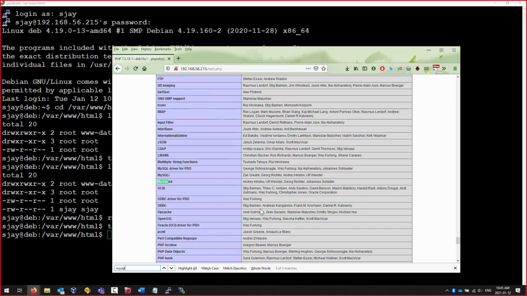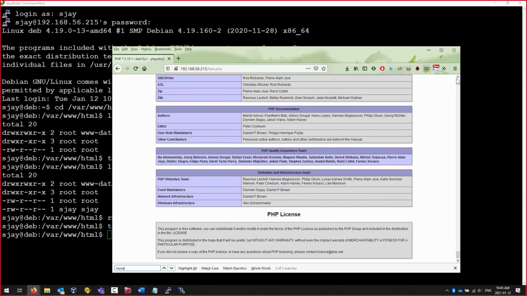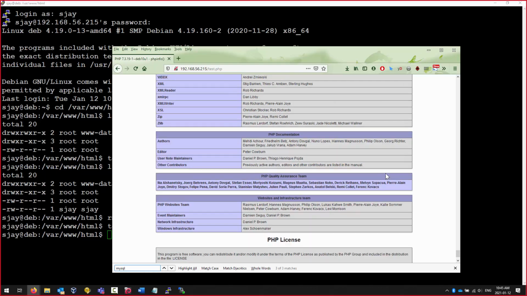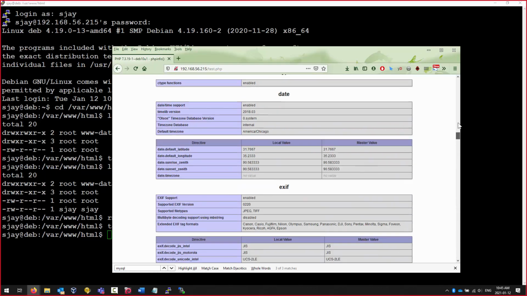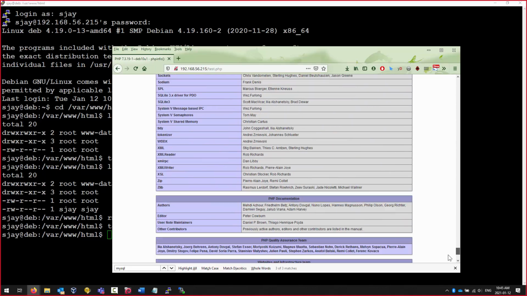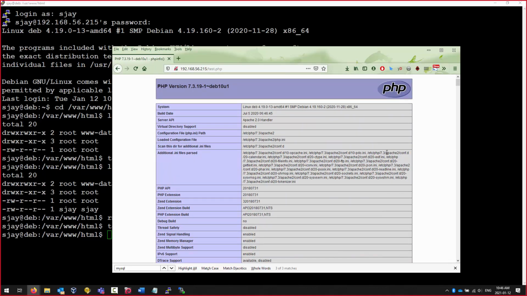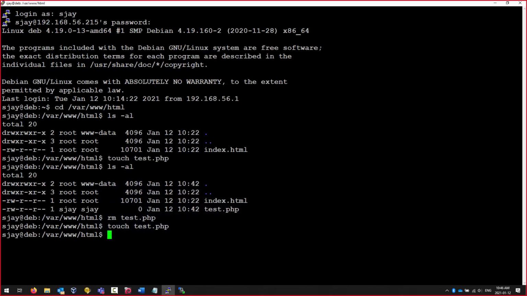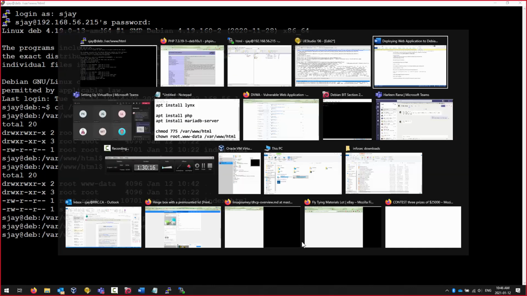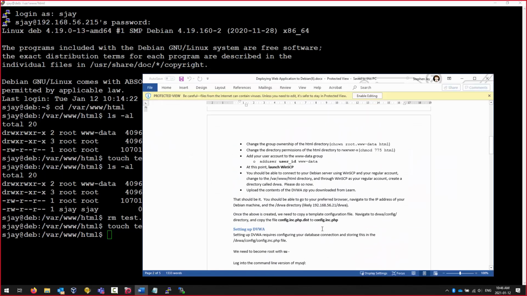MySQLi, I don't think the MySQLi driver is installed, so we might need to install that next. But again, this is a simple sanity check. We can see what our configuration is. In a production environment, once I've done this, I would delete it right away. But we'll see. Okay? I apologize for all that confusion,